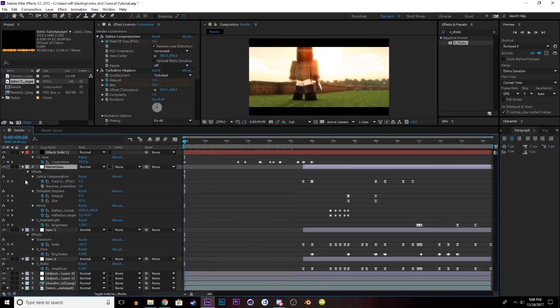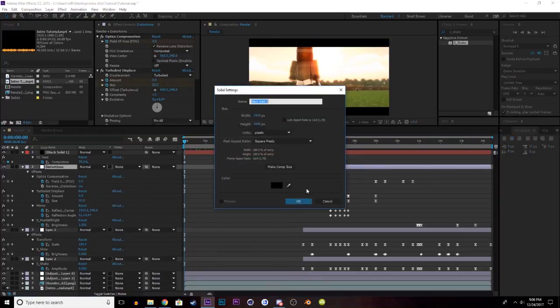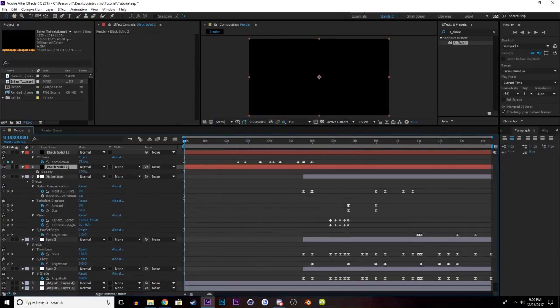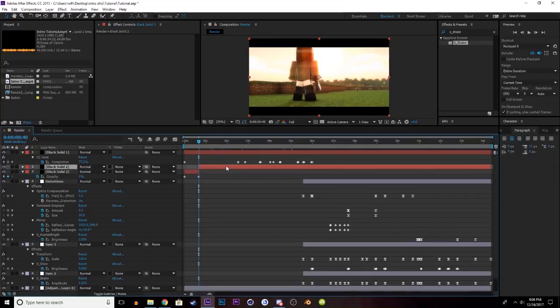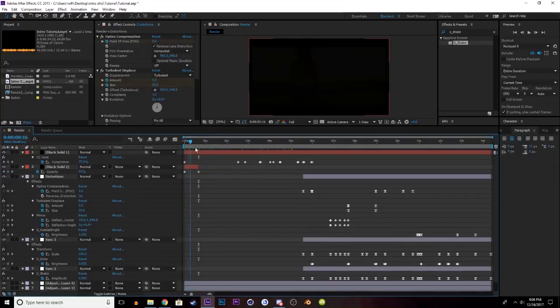Yeah, so now we add the fade in. So we do new, solid, yeah. Open up the opacity by pressing T while having the black solid selected. Go over to here, and then put this. Yes, now